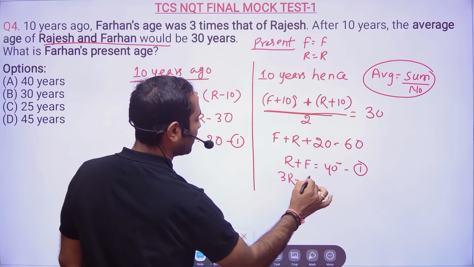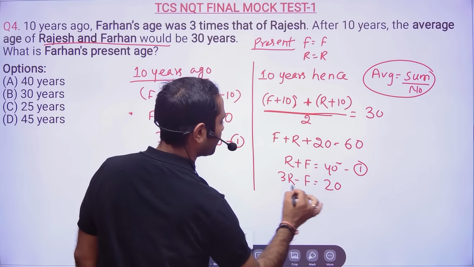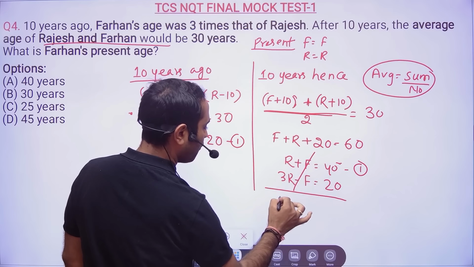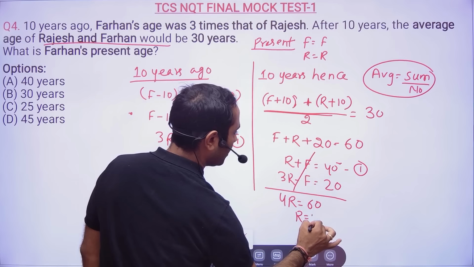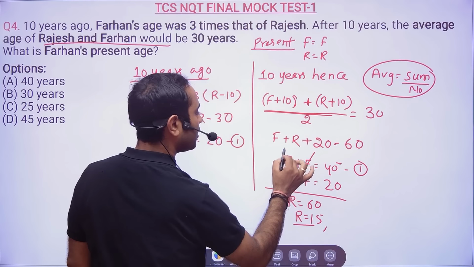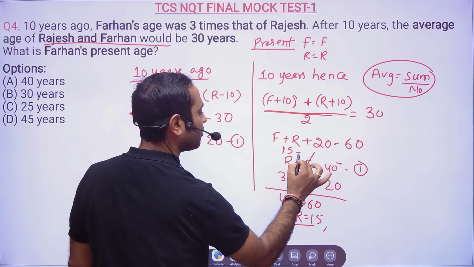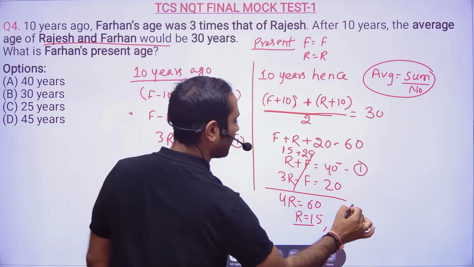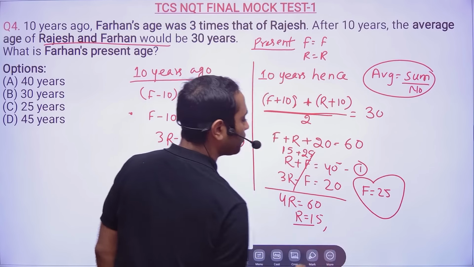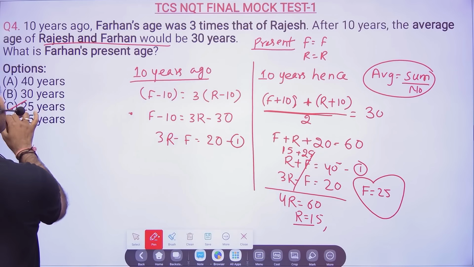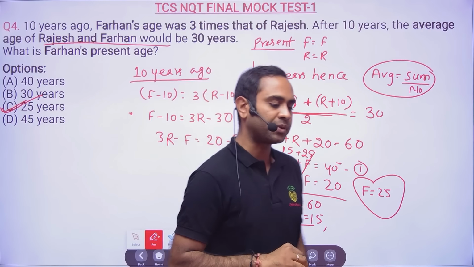So 3R minus F is equal to 20. Now you see, so 4R will be equal to 60. So R is 15. If R is 15, then what should I add so that it will become 40? So 25. So F will be equal to 25. They're asking Farhan's present age. So sir, Farhan's present age is